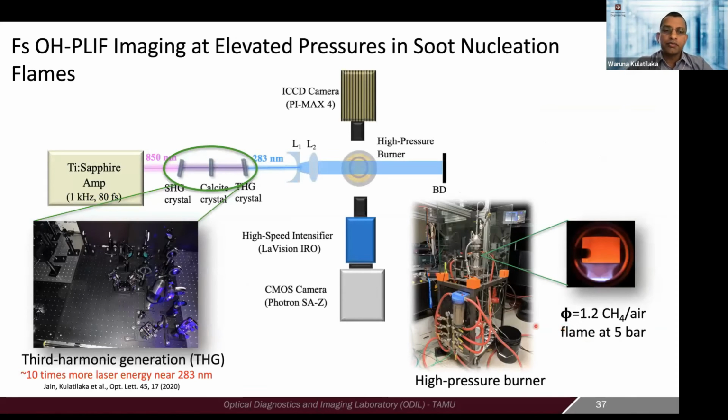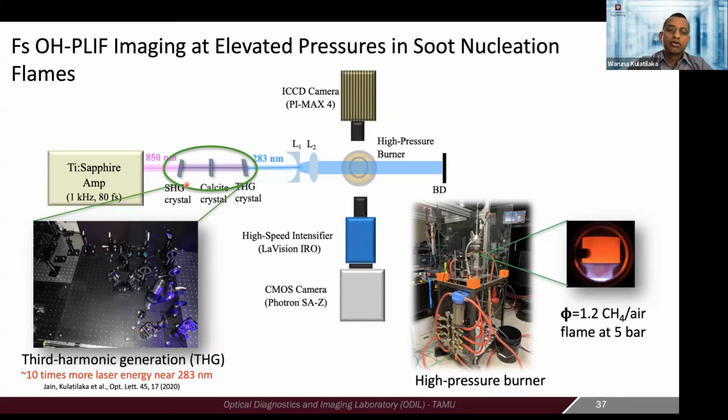And with that initial demonstration, we were ready to take this into our high pressure burner. So now we take the titanium sapphire laser, going through those optical windows, and doing this at high pressure, we always want to have more laser energy. So we had a real limitation. The way we overcame that was using another home built system, actually a variation of the previous home built system, because you can tune your laser all the way up to about 850 nanometers and then generate the third harmonic.